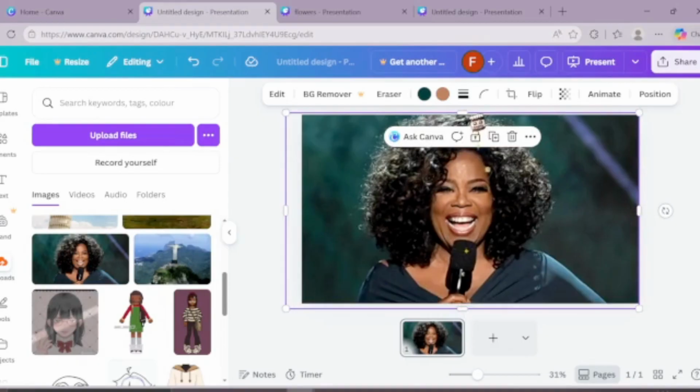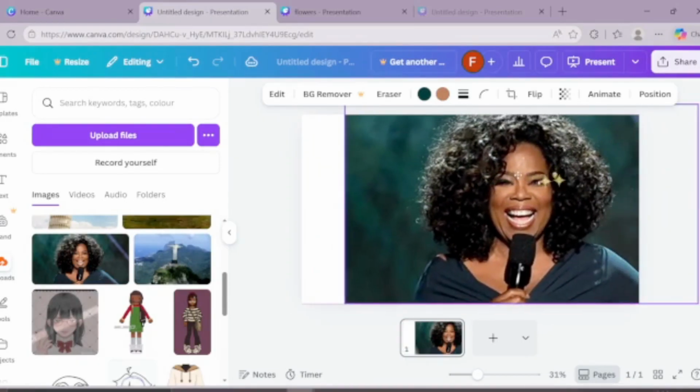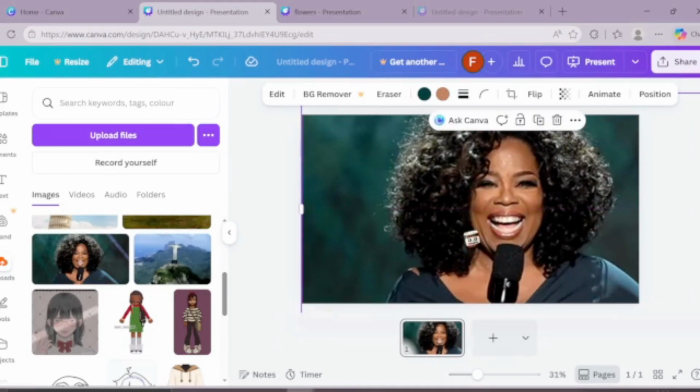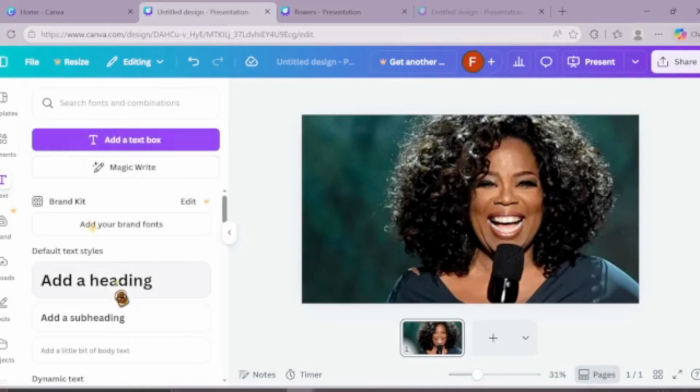Just zoom that in a little bit, and we're going to put it a bit to the side. You can still see the person, but just a little bit more to the side. Now we're going to go to text, and you have to search a specific